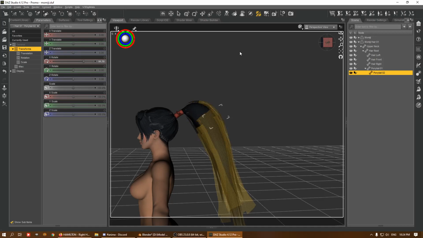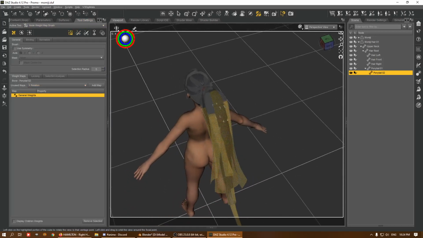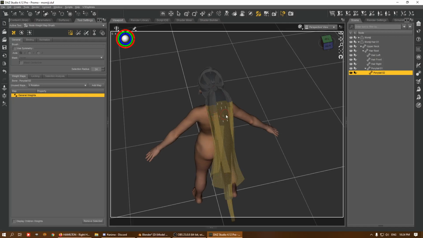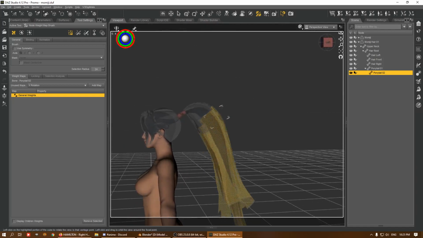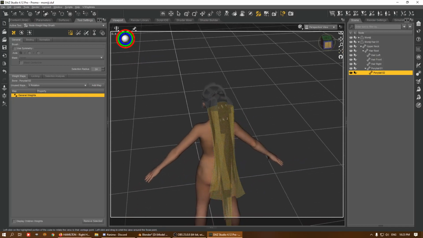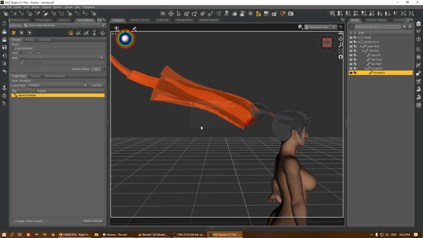In this case, since you already have a fairly good selection, you can do the first method. Just make sure everything is selected properly. Okay, weight, select, send, and then move up a little bit, smooth, and